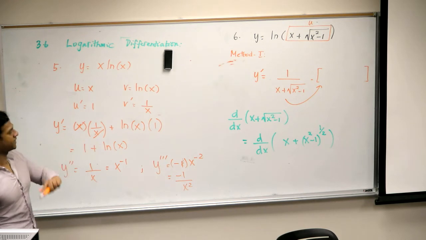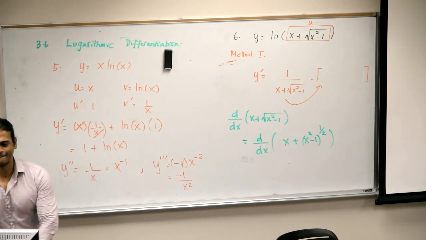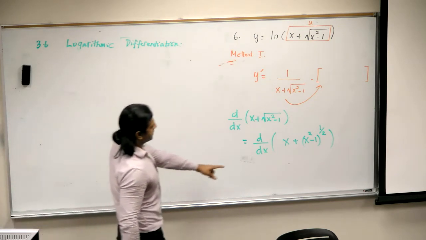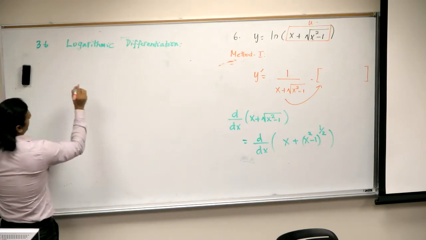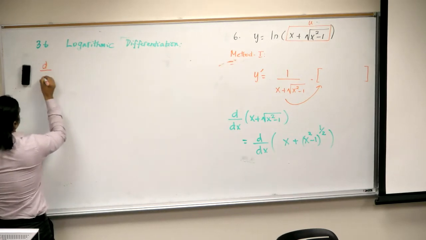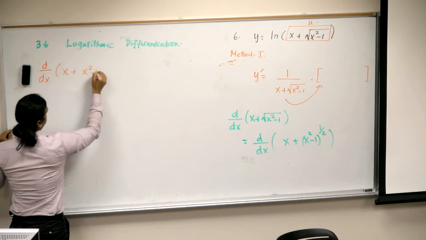Now, I want you to find the derivative of that. I know you can do it. Okay, so we want to take the derivative here. Derivative of x is just 1, plus 1 over